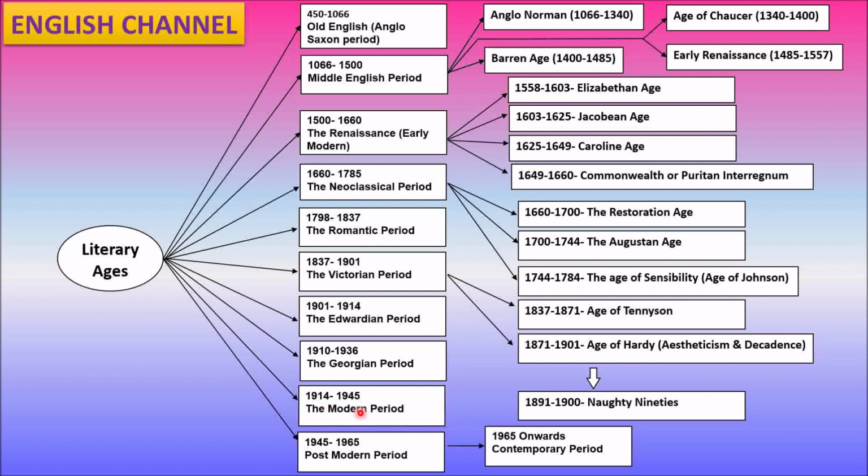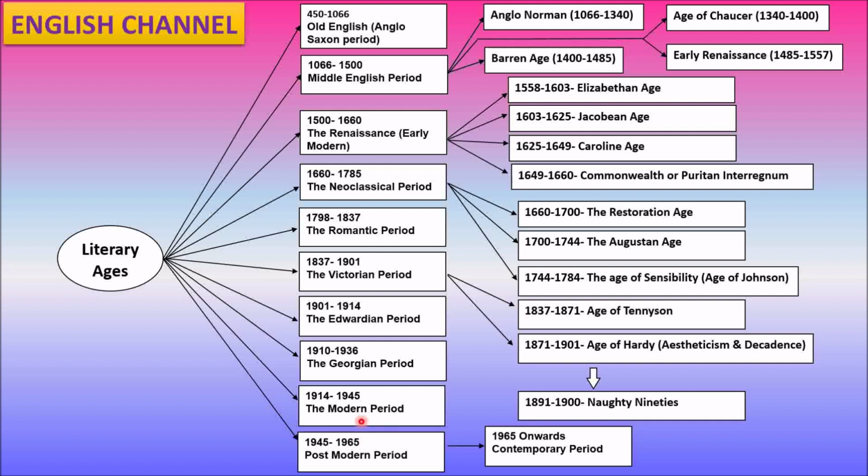So the great modern period begins from, of course, 1914, and we also see the beginning of the modern period after the publication of The Waste Land by T.S. Eliot in 1922. That ends in 1945. Of course, 1945, the beginning of the Second World War. So this becomes also very important. There are so many writers like D.H. Lawrence, Hilda Doolittle, James Joyce, of course Joseph Conrad, E.M. Forster. There are so many writers in this period.